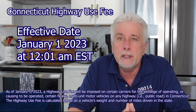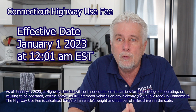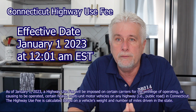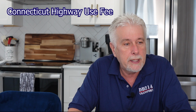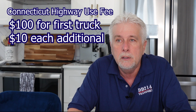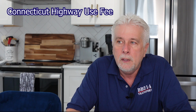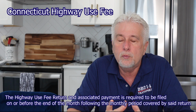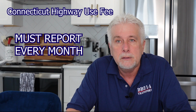Connecticut has instructed DOT to place any unit out of service that does not have the Connecticut highway use tax in hand at the time they are pulled over. Now, a couple of the issues with the tax: first of all, for every carrier, it's $100 for the carrier, then $10 for each additional truck you have thereafter. They have also now required that you report on this every single month, not a quarter, per month. So it's really overburdensome,